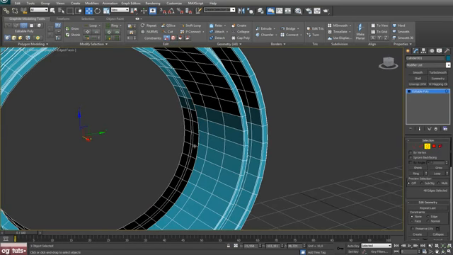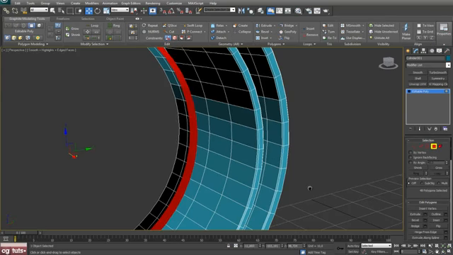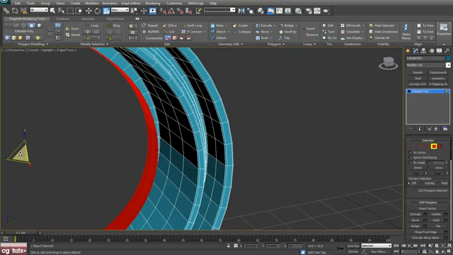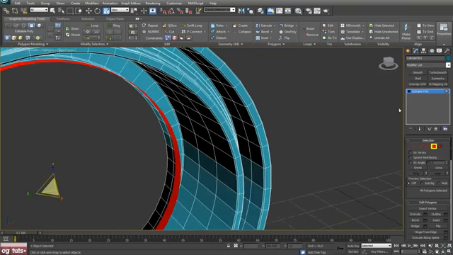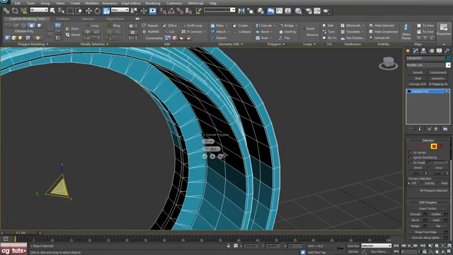Now select this edge, hit ring and press Ctrl and click on polygon, and let's click grow and shrink once again, and now let's scale that down just a bit. Okay, and shrink that. Okay, now hit extrude by polygon,